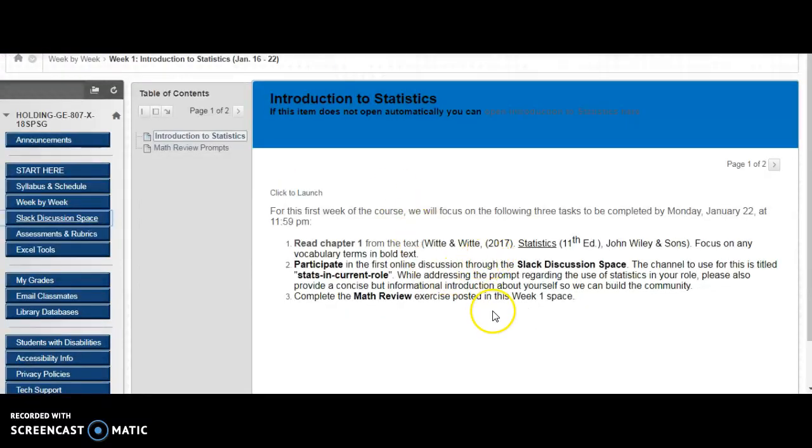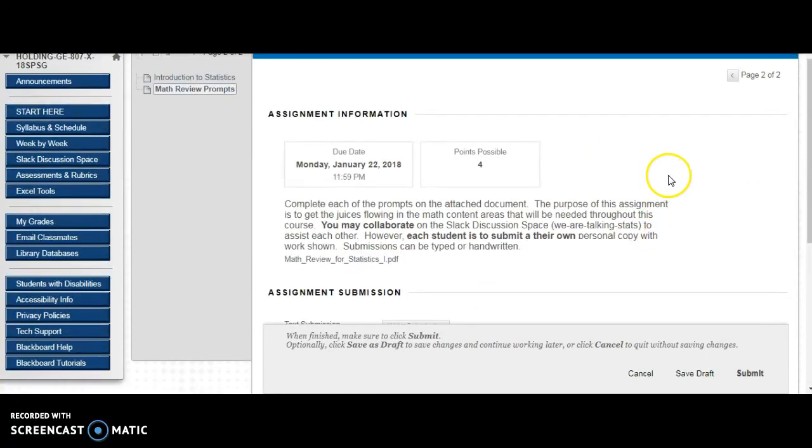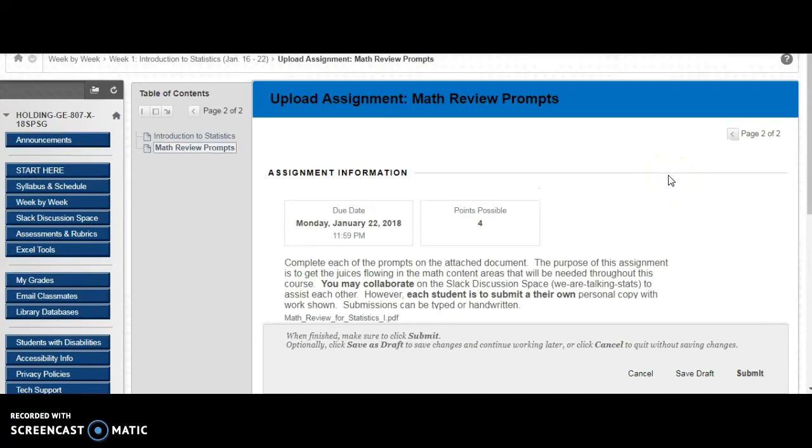And the third task is, you can see it's outlined here, to complete the math review. But to access that, you go to page 2 here and download this PDF. It's not a statistics review as much as it is a review of some